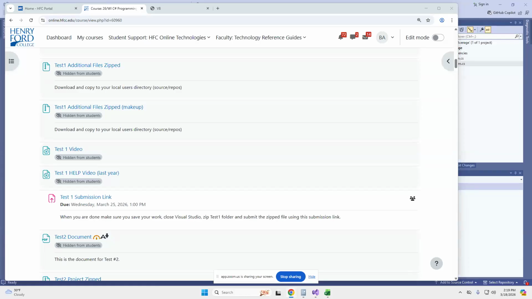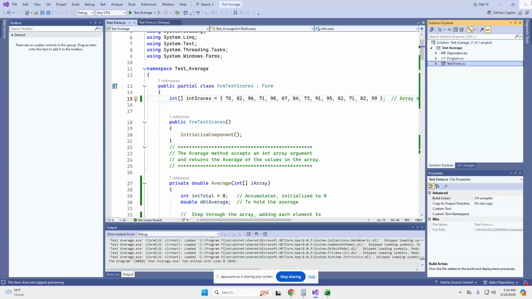Okay, so what's going to be on the test? So the first thing is you're going to create a Windows Form app. That's what we did at the beginning of the semester. And again, I'll just show you